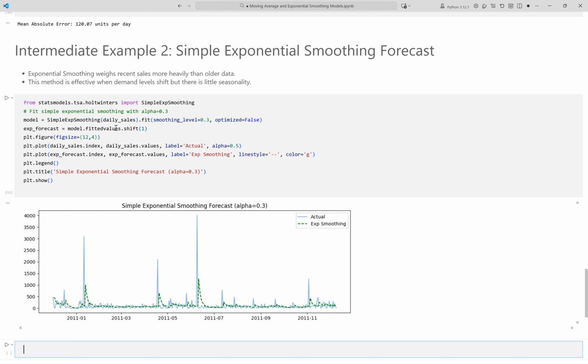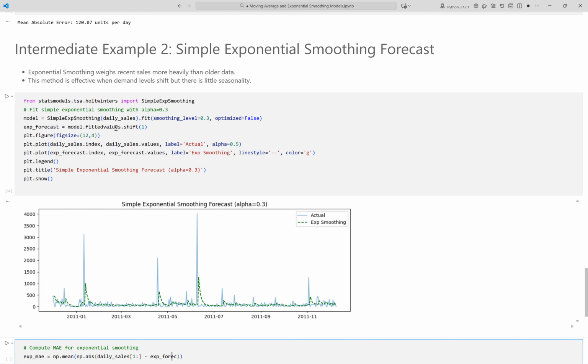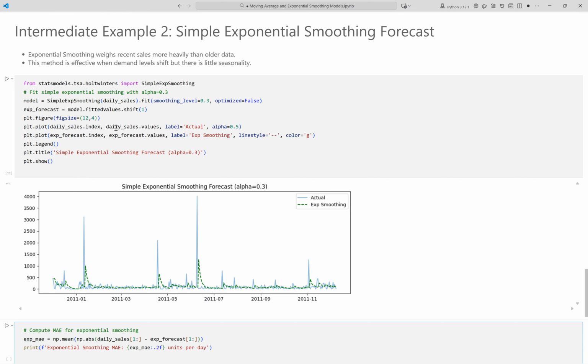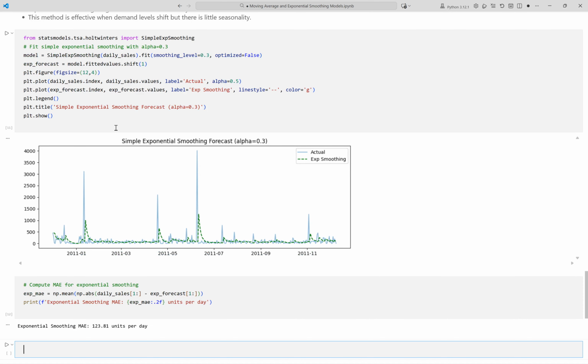Let us check if exponential smoothing gives a more accurate forecast than a moving average for our retail data. We skip the very first value, as it may be undefined due to shifting. Calculate the mean absolute error for the exponential smoothing forecast. Print the typical daily error in units for easy operational benchmarking. Running the cell now. This output shows the mean absolute error, MAE, of